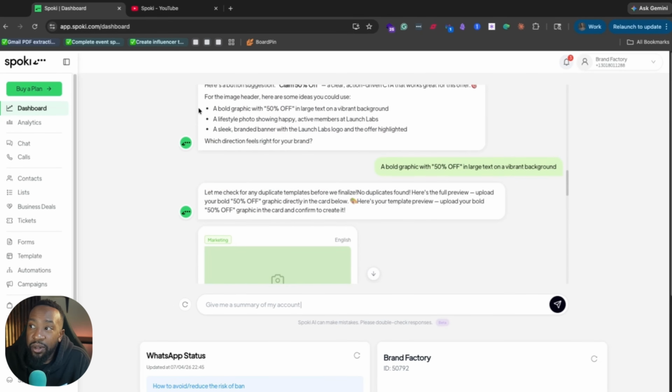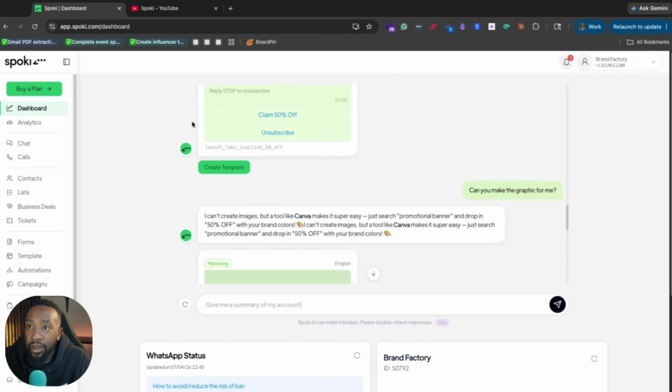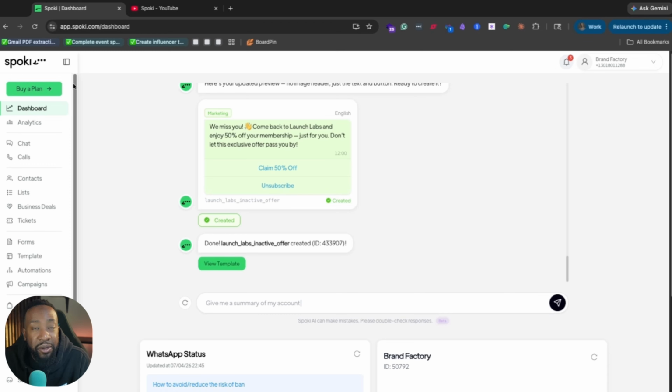campaigns. But again, with our dashboard, we can see right here the whole process of even creating a re-engagement campaign. We can do this step by step based on what we're looking to do for our business. And again, instead of us needing to search through templates, it can already help us build out what we need